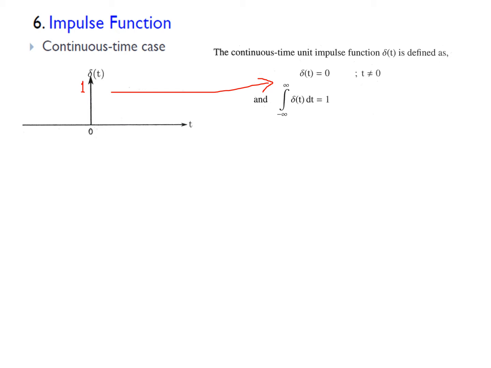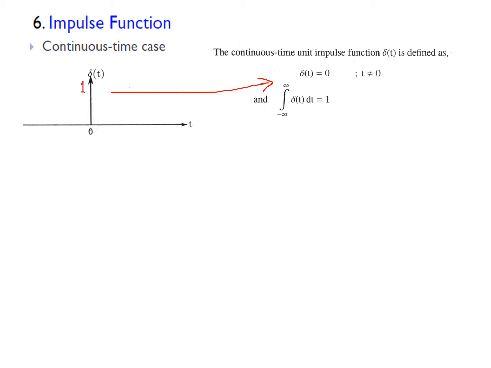Whenever you integrate a function or a graph that represents the function, you are actually finding the area under the graph. If you integrate the unit impulse over the entire interval of time, then it is equal to 1. That means the area possessed by this signal is 1. That is, it is a unit impulse, strength 1. So this is exactly how the unit impulse is mathematically defined.